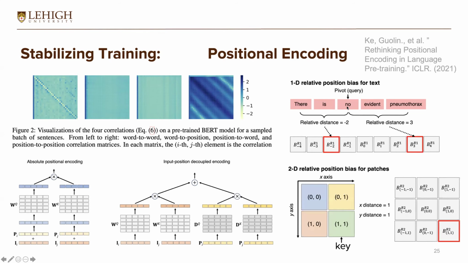So this can show, for example, that the distance between null and pneumothorax is 2. Here there may be some typo. So you will realize that the relative distance also brings another thing, the direction. Besides the distance being 2, we also consider the direction: whether something is before you or after you.